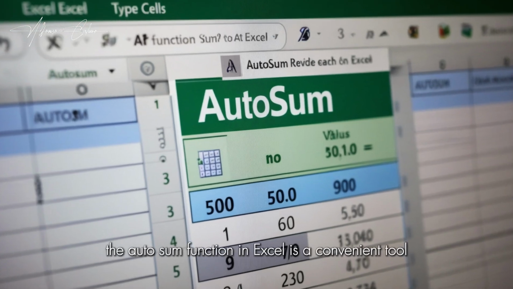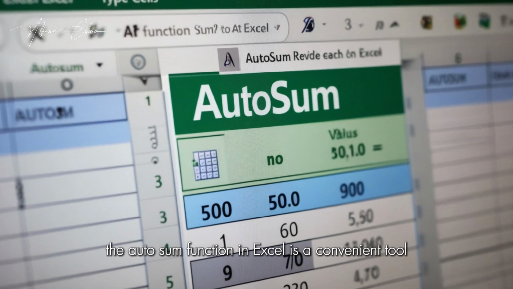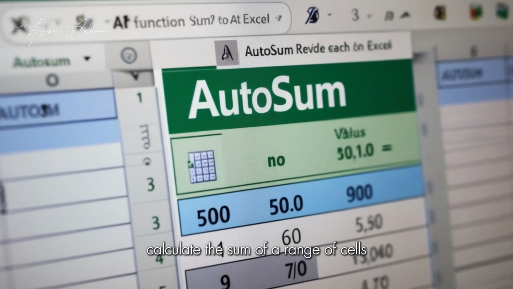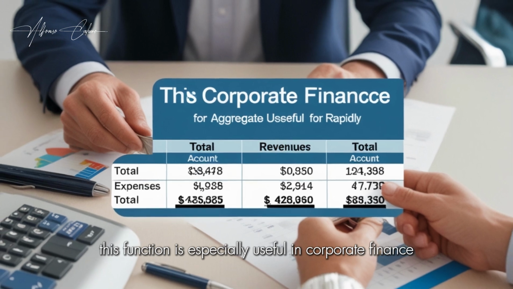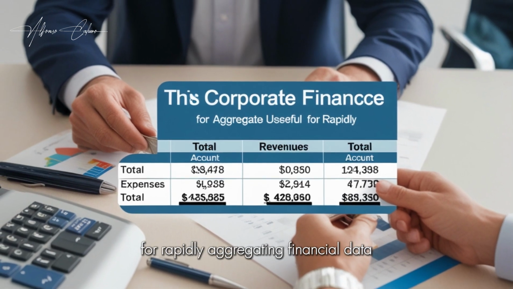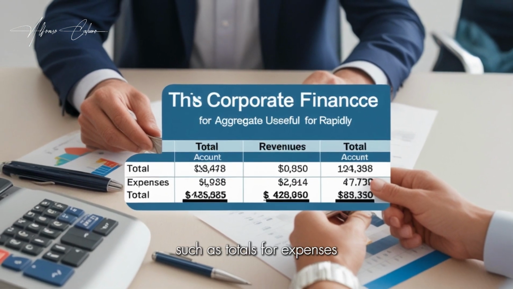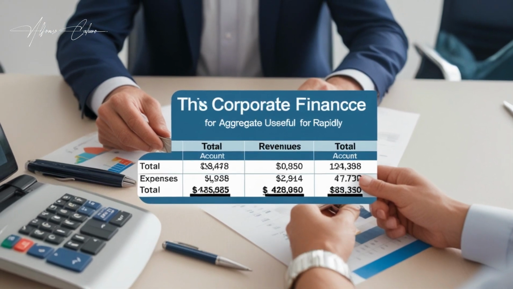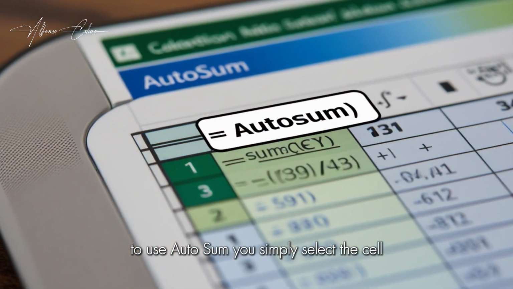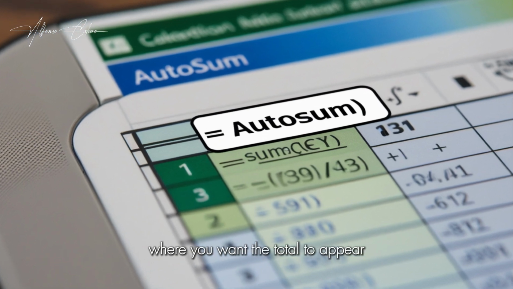The AUTOSUM function in Excel is a convenient tool designed to quickly calculate the sum of a range of cells. This function is especially useful in corporate finance for rapidly aggregating financial data, such as totals for expenses, revenues, or any other numerical data. To use AUTOSUM, you simply select the cell where you want the total to appear and